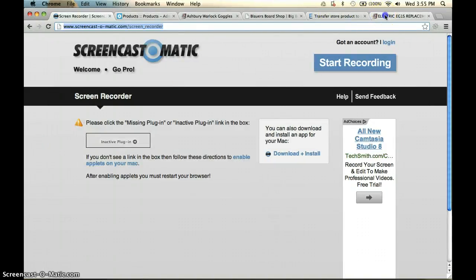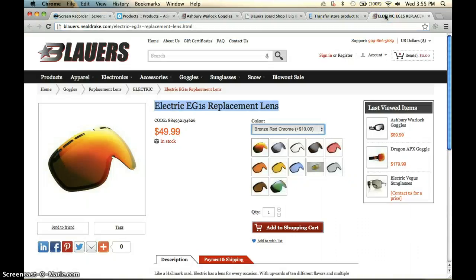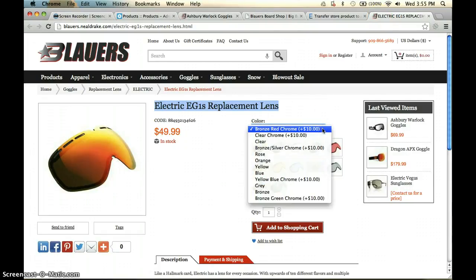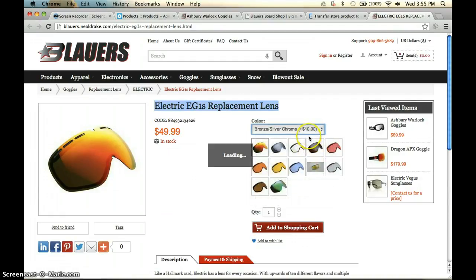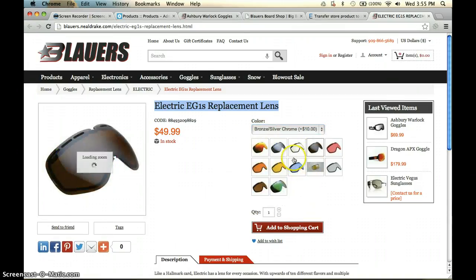Alright, hey, I just wanted to go through and show you what I was talking about. Here's a product that was entered correctly that I did earlier before I hired you on. Notice how you have all the different color variants, and if they're more expensive, it'll add that in there. That's the way that if we're doing any product variants, it's the way they should all be, and not